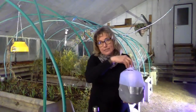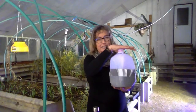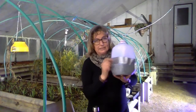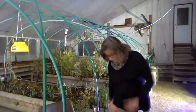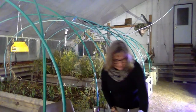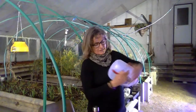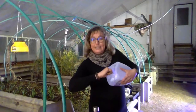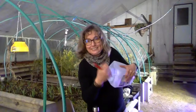I only leave the lid on when I'm punching the holes, because I find that with the air not escaping, it's not going to collapse as much. It's just something that I've noticed over the years. I find it's easier to poke the holes and cut with the lid on, and then I take it off when I put it outside. I can actually show you. Sometimes when you go to punch the holes and the lid is off, see how it's really collapsing in because the air is escaping. But if I put the lid on top of it,